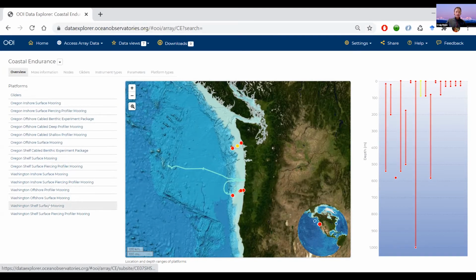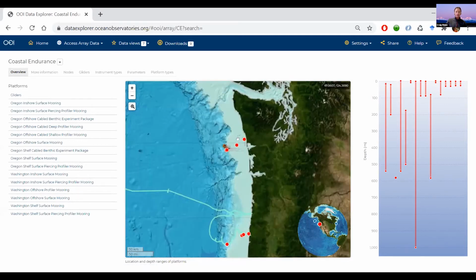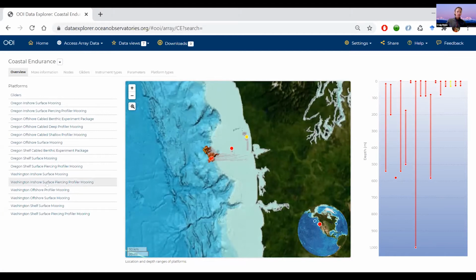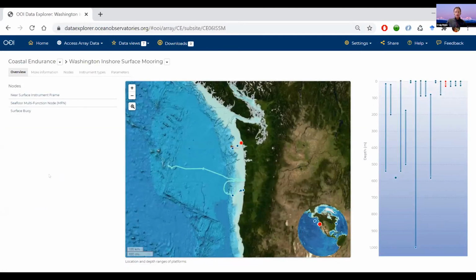And in this list here, as you can see, as I scroll up and down this list, you can see the yellow circle highlighting the particular site that I'm hovering over. You can do it on the map to zoom in on the map if you want. Today, I just want to start with the Washington Inshore surface mooring. So that's highlighted in yellow here, and clicking on that will take us to this web page where you can see,